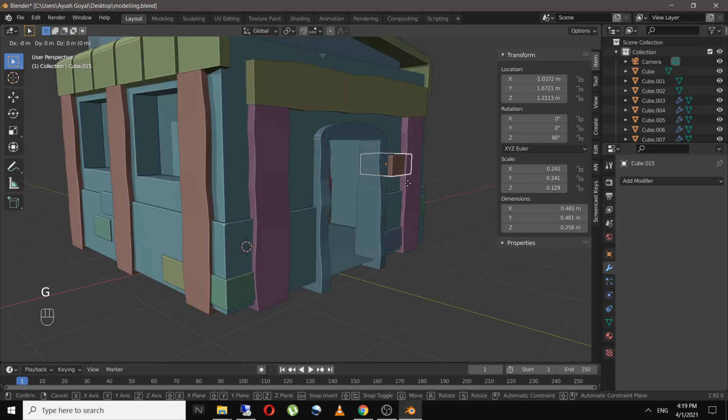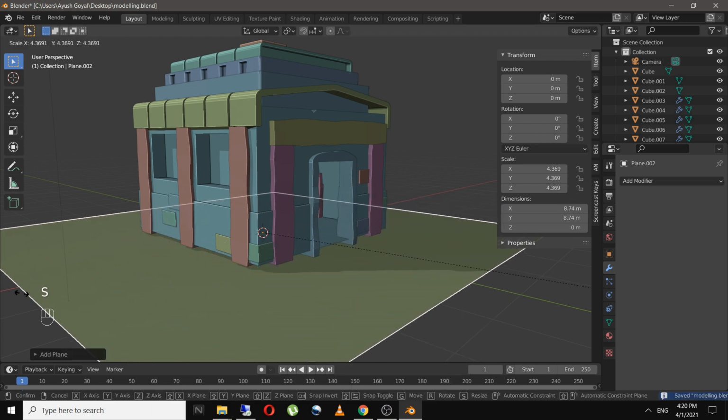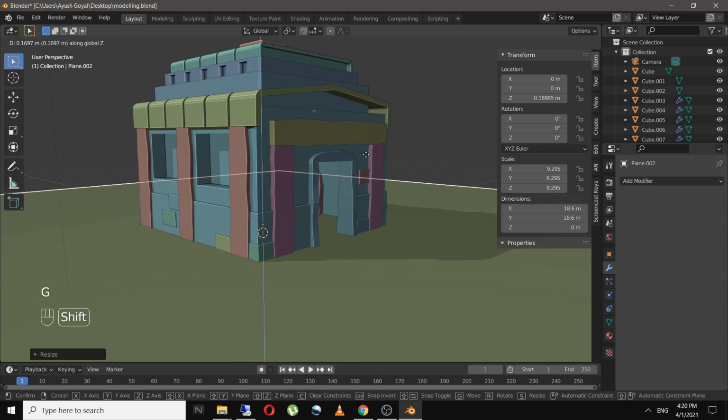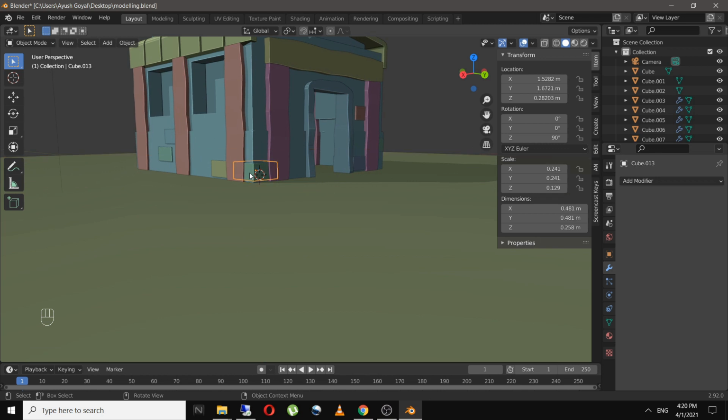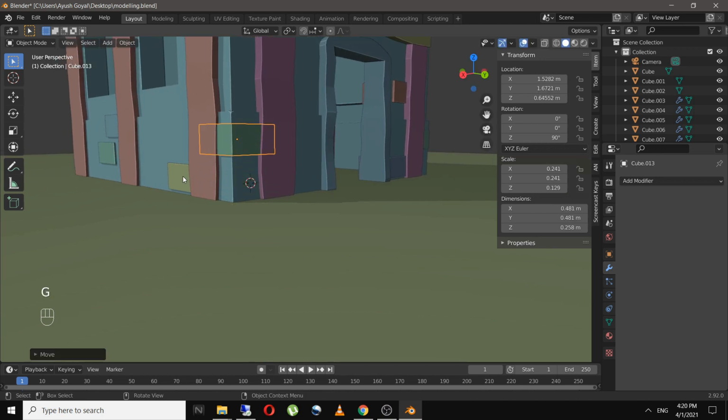Now let's add the materials. Add in a plane so that we have a base for our townhouse. Move it over here. I'll adjust some of these bricks.